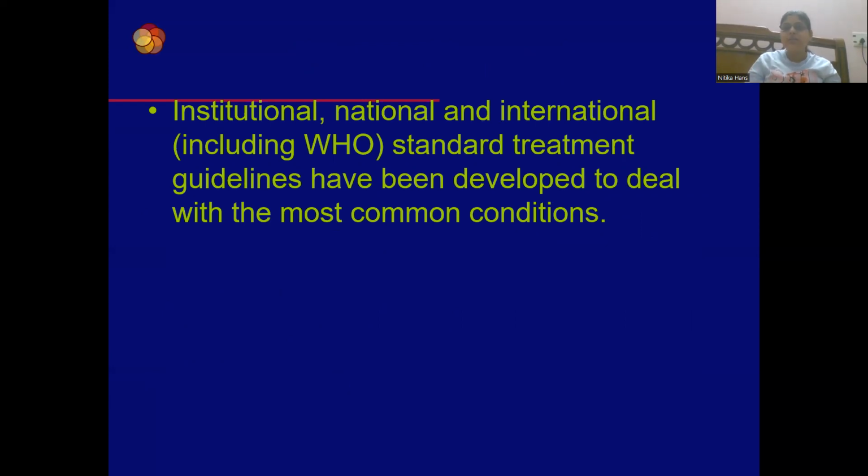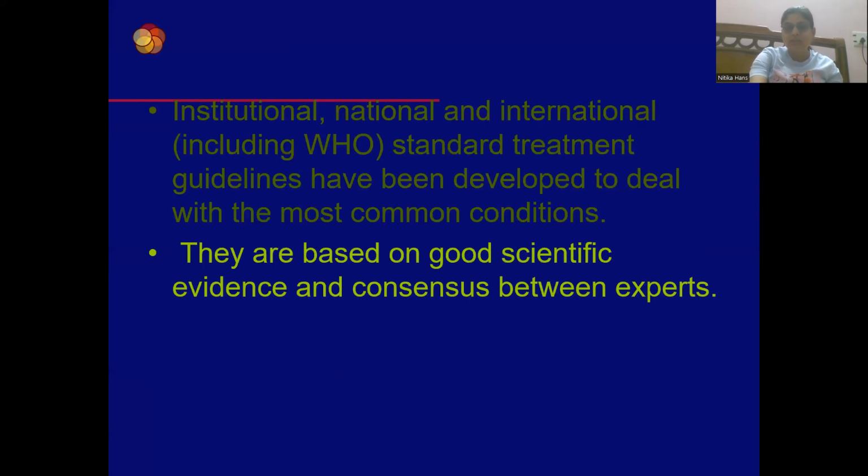Now, institutional, national, and international standard treatment guidelines, including WHO guidelines, have been developed to deal with the most common conditions. According to those guidelines, we choose the P drug, the preferred drug, for the common disease conditions. They are based on good scientific evidence. Studies of the new drugs are done, and we study the pharmacokinetic and pharmacodynamic parameters of the drug; the cost, safety, efficacy and tolerability of the drug are studied,